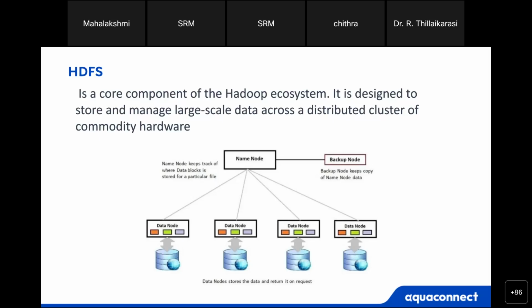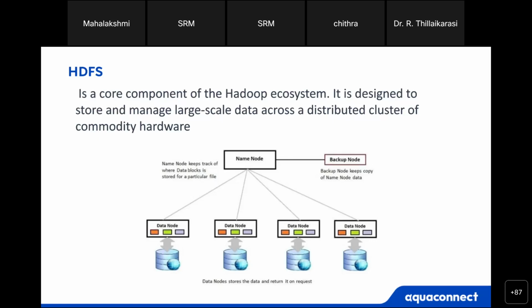The master node has all kinds of rights. Which kind of tasks are to be performed is completely handled by the name node. So the data node is the employee.